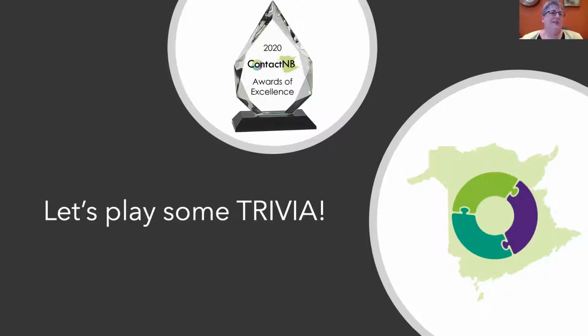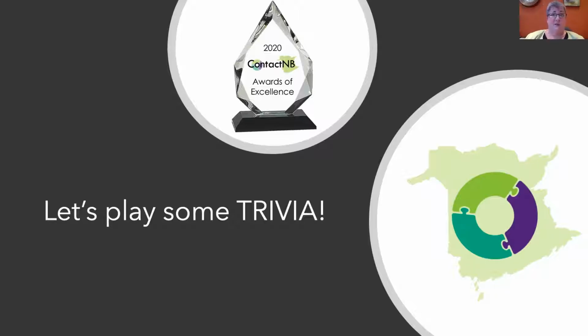How many major cities are there in New Brunswick? Is it 9, 7, 8, or 10? Five, 4, 3, 2, 1. Okay, most of you chose 7 cities. The correct answer is 8 cities, option C. They are Bathurst, Campbellton, Dieppe, Edmundston, Fredericton, Miramichi, Moncton, and St. John. Okay, trivia question 8.